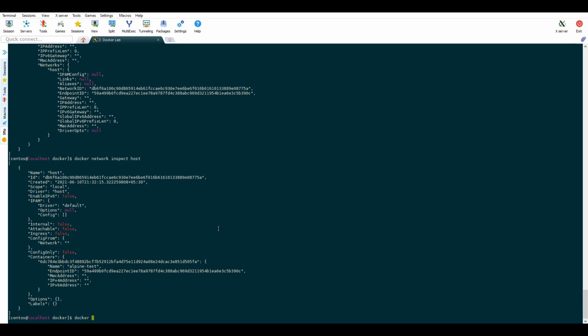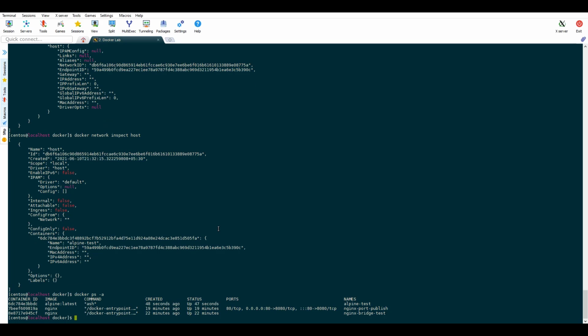Now we will see what all networks are created inside the container. So we use the exec command and run ip addr show inside the container to get all the created networks.